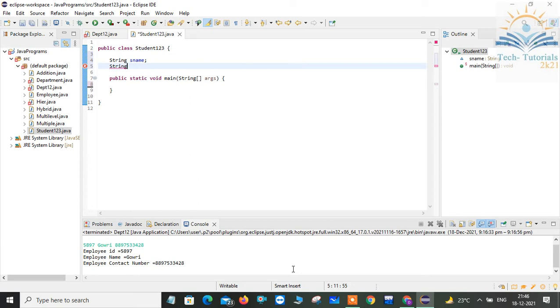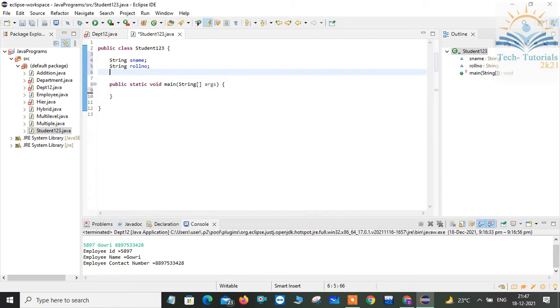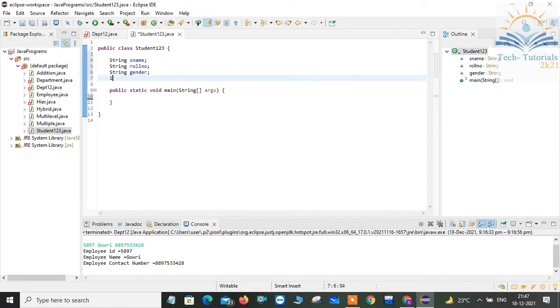So hi everyone, in this video I'm going to explain the concept of constructor overloading in the Java programming language. Here I created one class and my class name is student123. In my class I will take my data members: student name and roll number. Here my roll number is a combination of characters and numbers, because of that reason I'll take this as a string, and then string gender, and then int fee. So these are the data members I have for my student123 class.